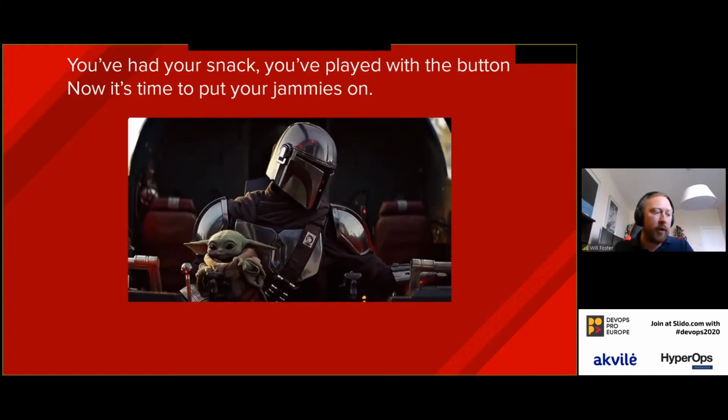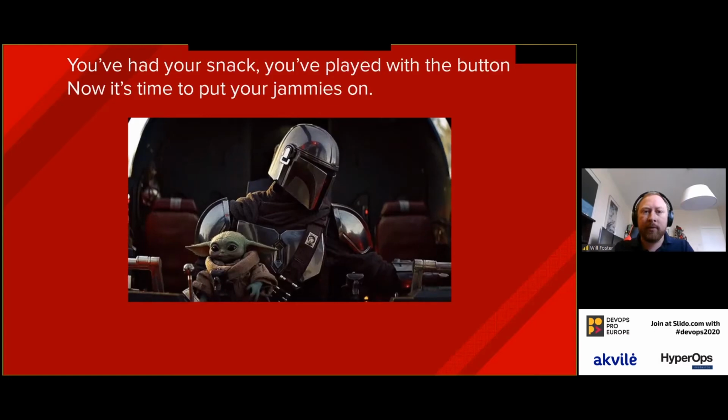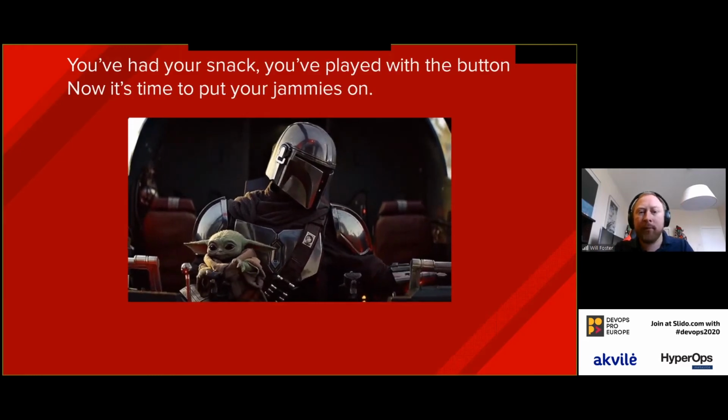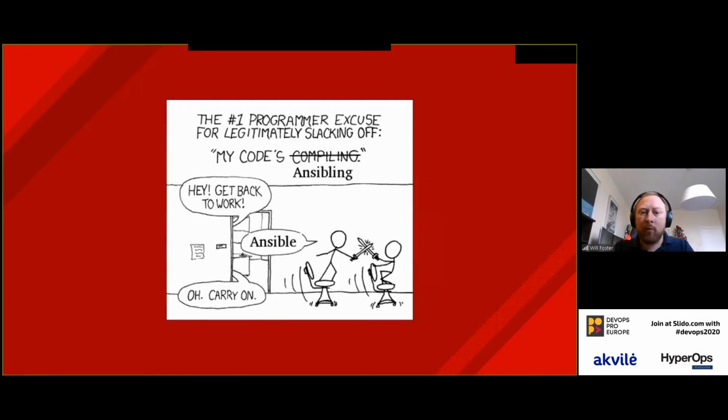Typically I do like a Mandalorian impression here, like, now you've had your snack, you've played with the button, now it's time to put your jammies on. So while this is running,